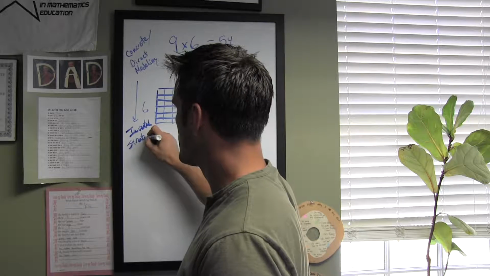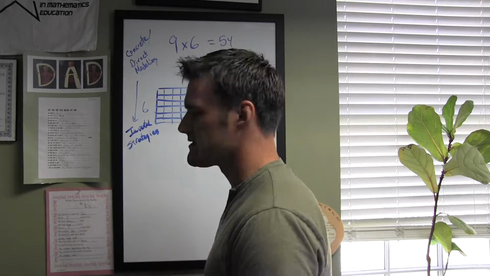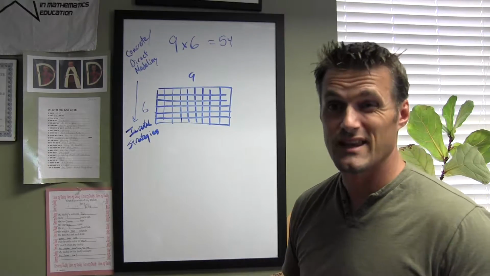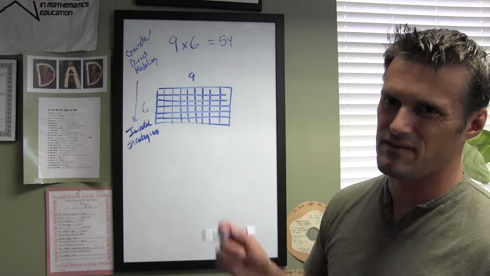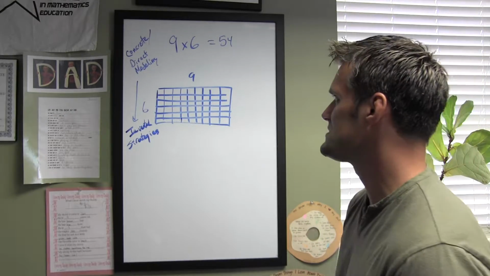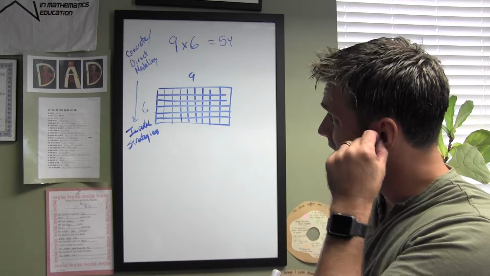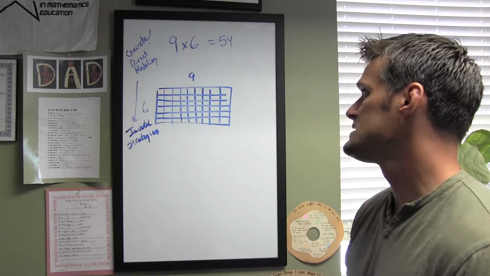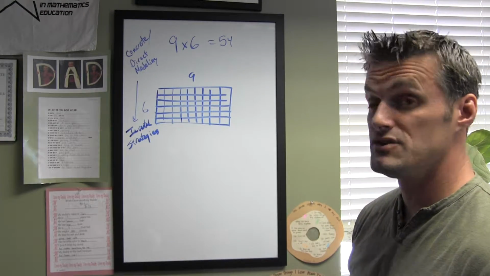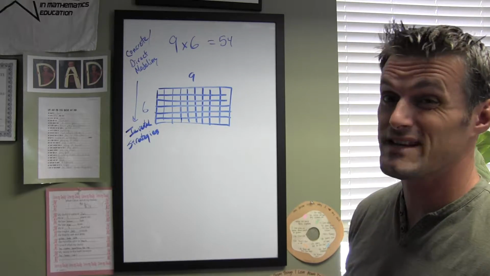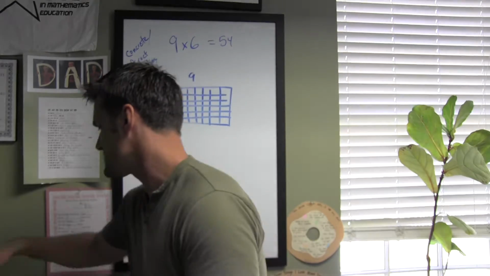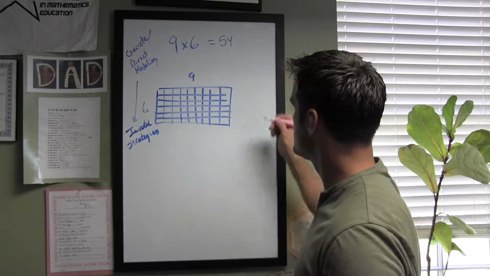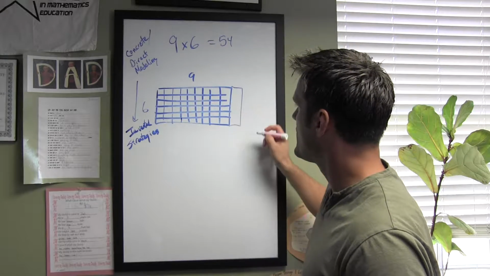Strategies to figure out this answer. Because pretty soon a kid's going to say, you know what, I don't want to count out to 54. I know some things. One thing they could know is, hey, I don't know 6 times 9, but I do know 6 times 10, right? So maybe they tack on another one here,